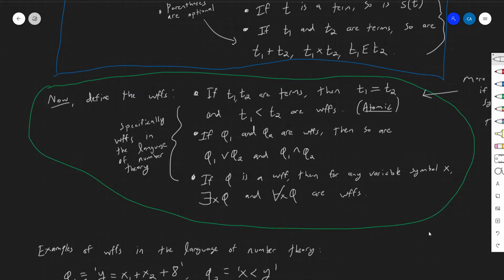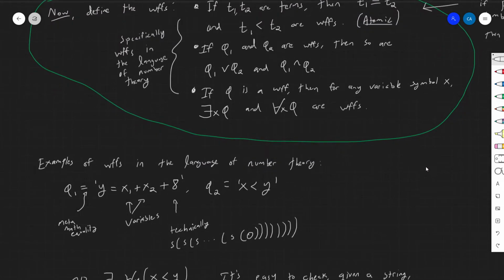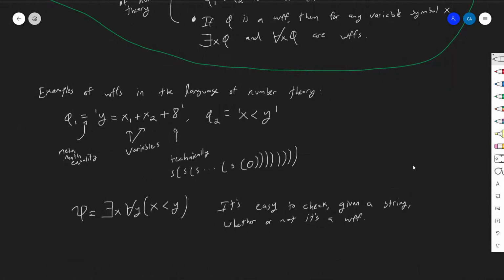So here's some examples of well-formed formulas in the language of number theory. We're going to more and more stick to number theory as we go through these videos. Number theory is going to become more and more important to us. So here's some example of well-formed formulas in the language of number theory. First of all,